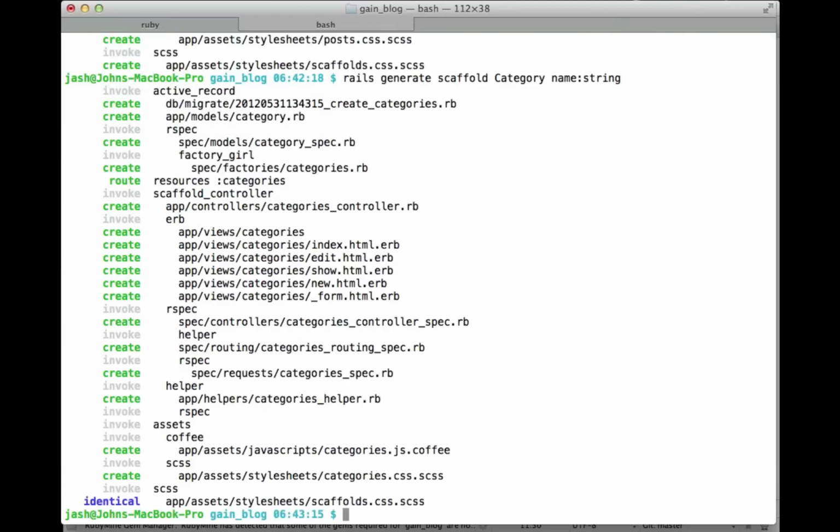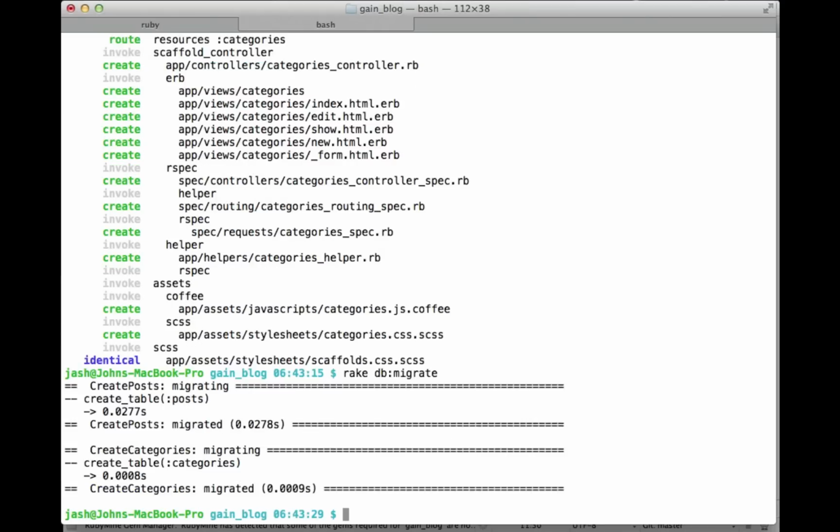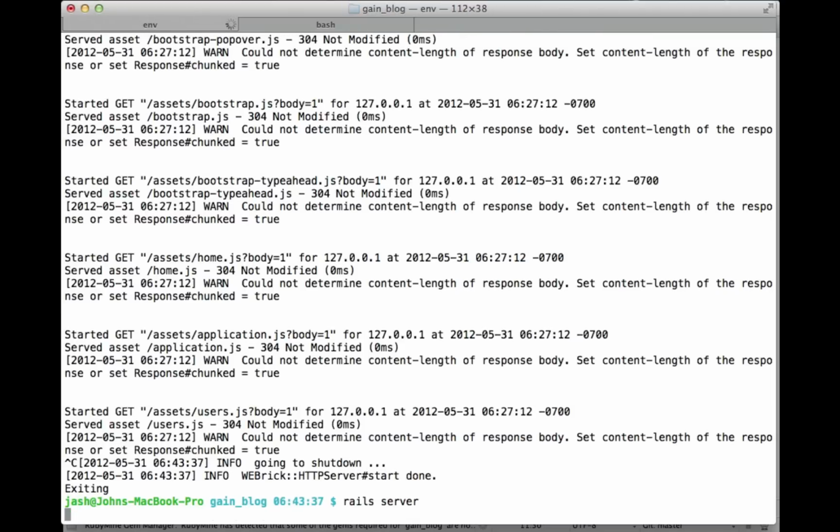Okay, now that we have that, let's run rake db:migrate. We're going to run our migrations now to go ahead and create those tables. You can see it's creating them now. And now if we come over here and restart our web server, our Rails server,